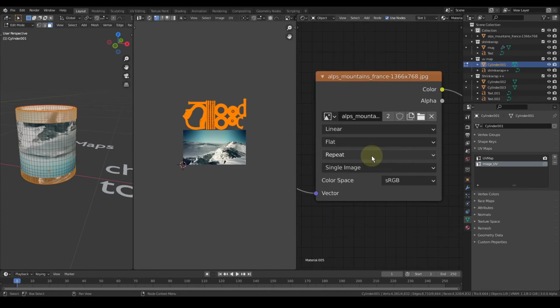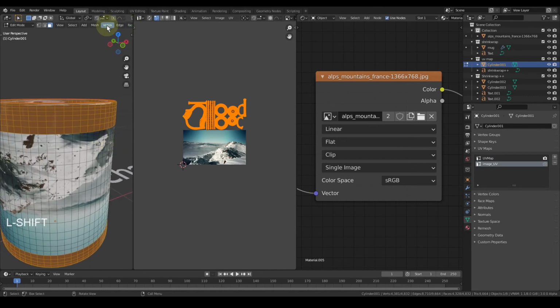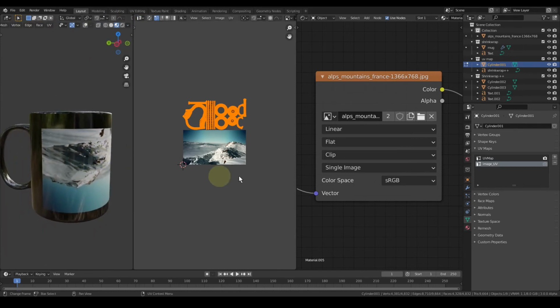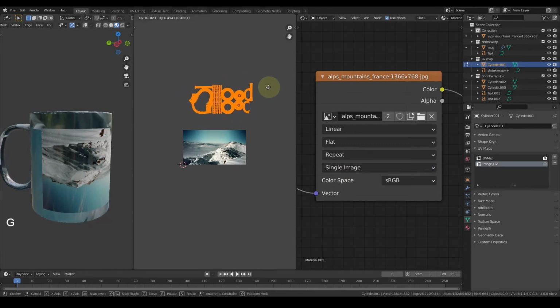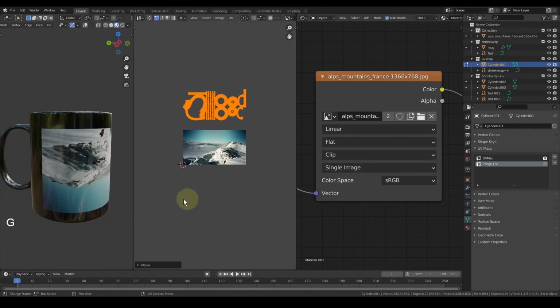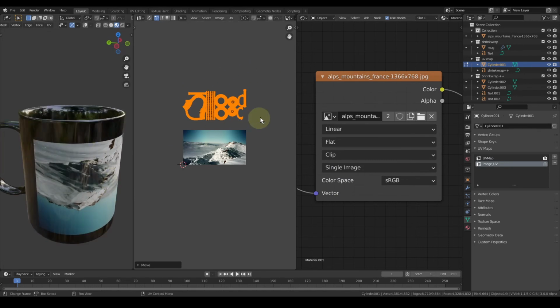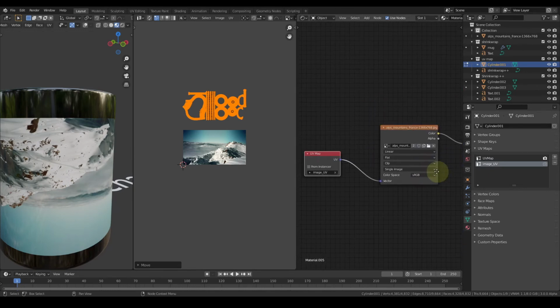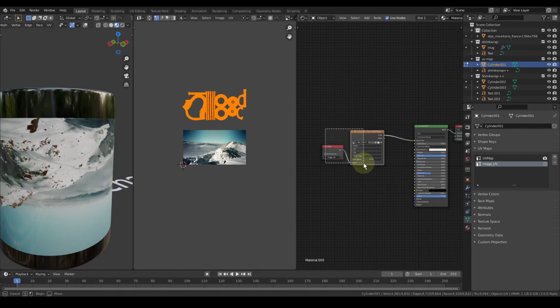So when we change this repeat to clip, you can see this turns to black. Let me switch off the overlays. If I keep it at repeat, the images are being repeated out of the range. If I keep it at clip, the image is not being repeated, but this area is displayed as black now. The reason for that is this area is being used as alpha channel. Alpha is always viewed by Blender as black. We can use this to our own benefit.